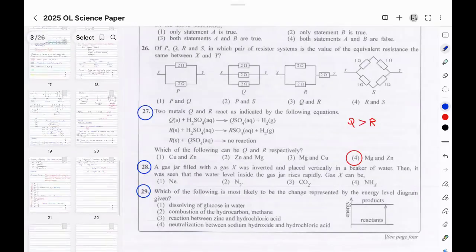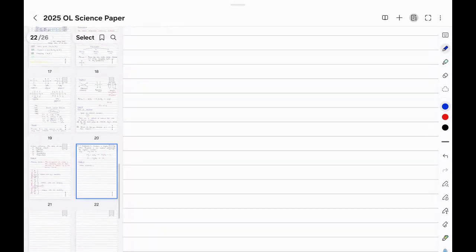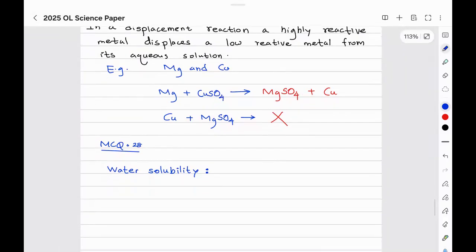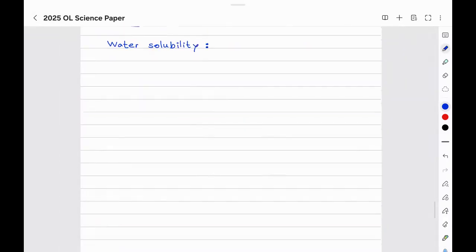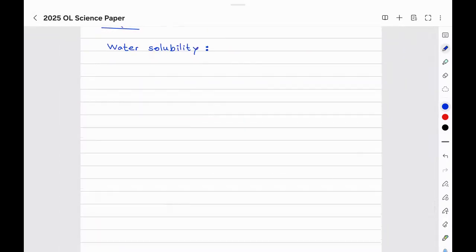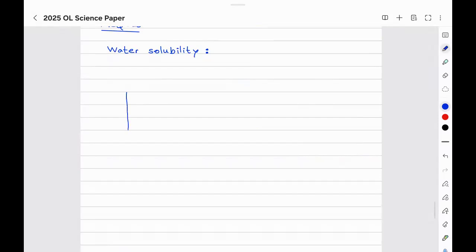So we know that since ammonia gas is well soluble, now just imagine a tube, a test tube. We don't have to take a gas jar. So this is filled with a gas,